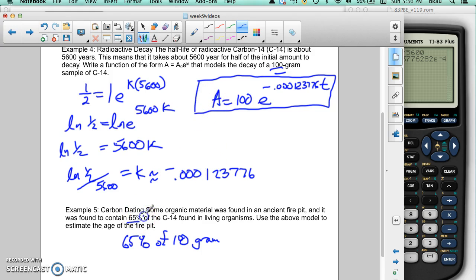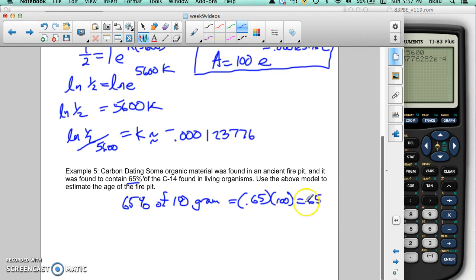It doesn't give us an amount, so we have to take 65% of our initial amount. In that case, that's 0.65 times 100, which is just 65. So that means we have 65 grams of carbon-14 in our sample. Now, it wouldn't be 65 if this wasn't 100. If this was some other number, we'd get some other value. So in this case, we're going to use 65 equals 100 e to the negative